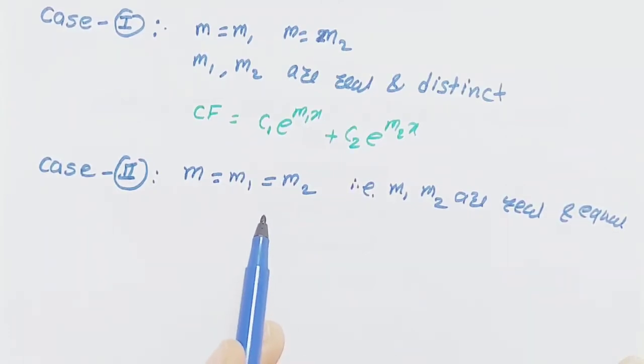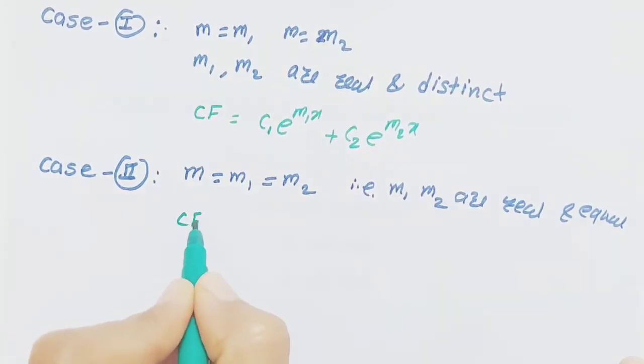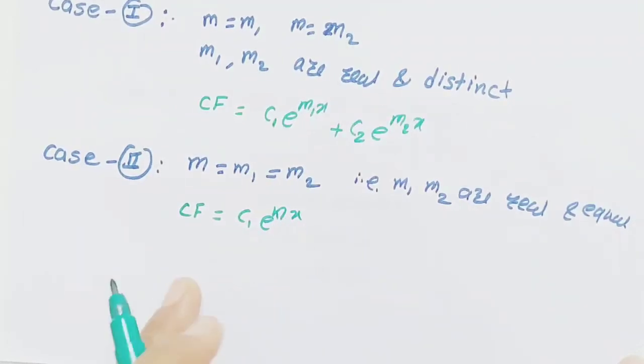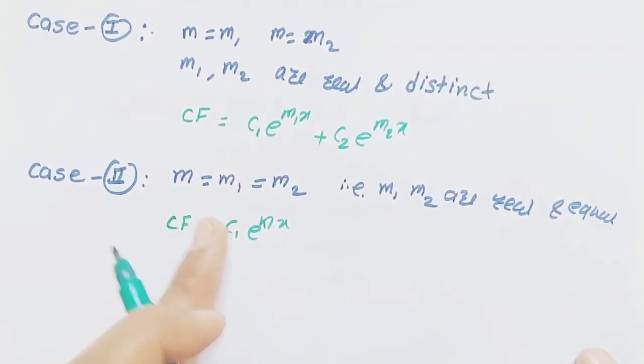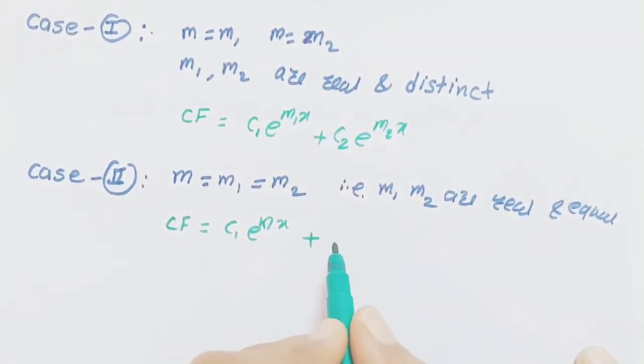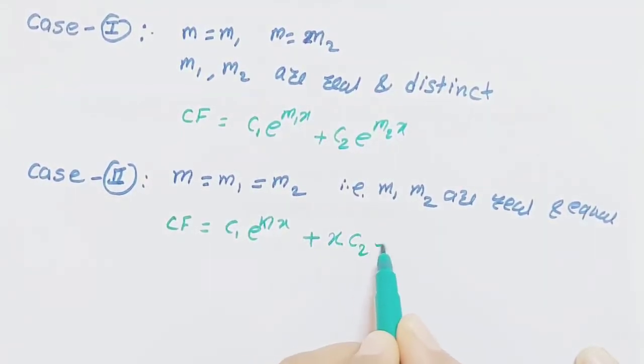In case roots are real and equal, then for this case the CF is c1 e raised to power mx. The first root is obviously written for the first time, that means it is distinct, so c1 e raised to power mx plus for the second root. If the second root is repeated, for that we have to write here x into c2 e raised to